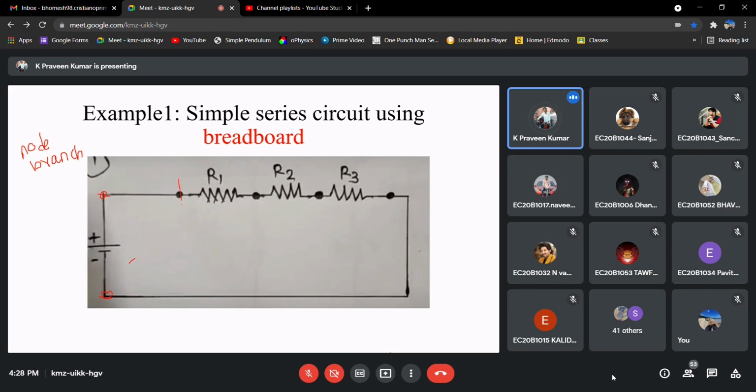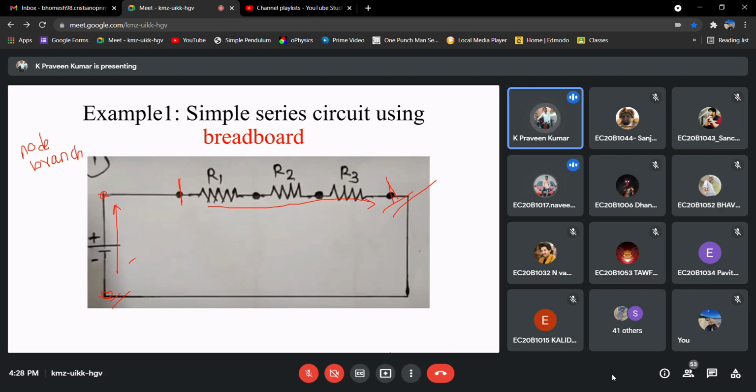Similarly, if you take these 2 points as endpoints, this point and this point are the same. So this wire cannot be treated as a branch. It is simply a wire, no element is connected, right? But this can be treated as a branch, from this point to this point, where we have 3 resistors connected in series. So this is a branch and this is a branch, right?